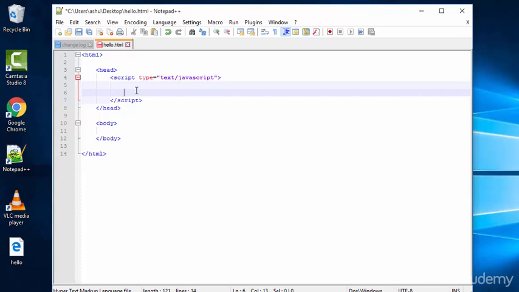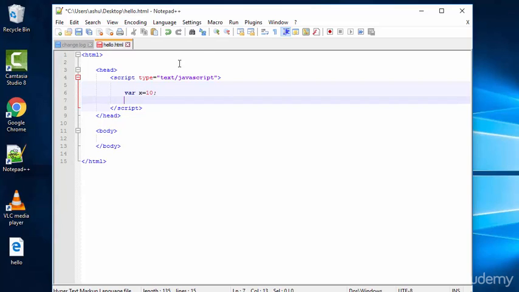Hello and welcome to this tutorial. In this tutorial we are going to learn what the different types of variables are which we can use with JavaScript. So let's go ahead and create a basic variable which stores some value. Let's type var, name the variable x, and equate it to, let's say, 10.